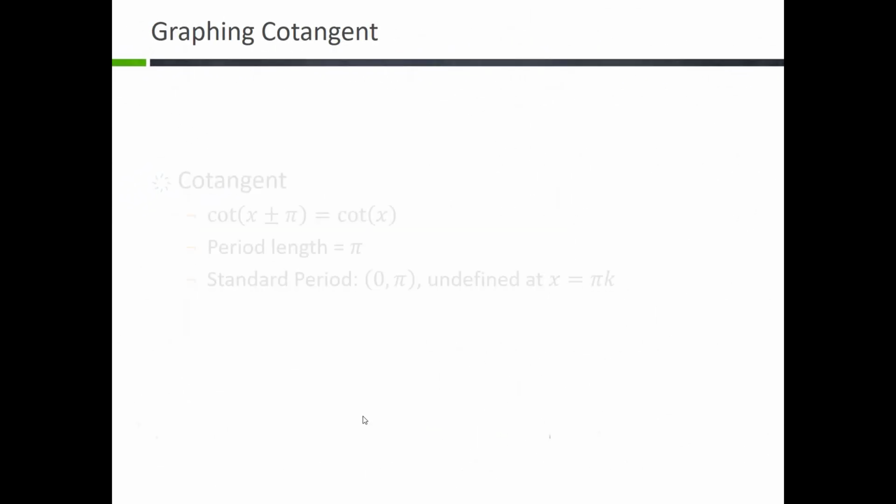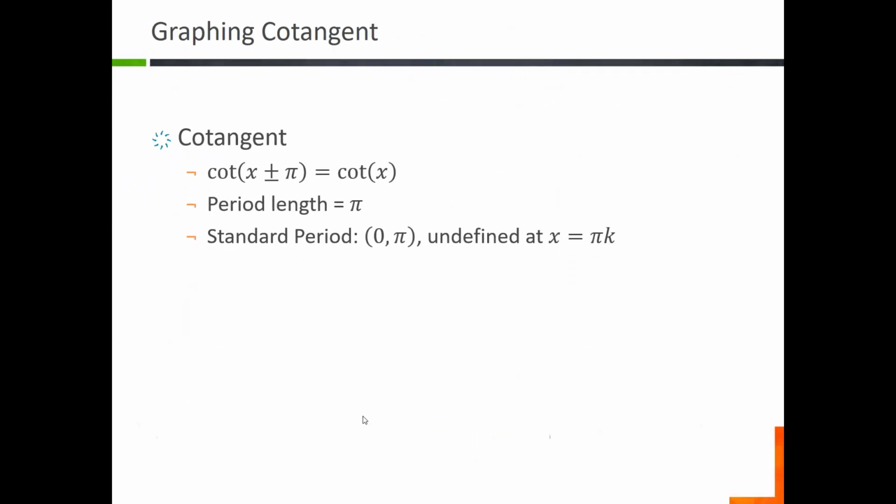And again, just to summarize cotangent, once you have the graph of cotangent, you can move left or right by a distance of pi, because its period is pi. We're going to say our standard period is from 0 to pi. Remember, sine and cosine, secant and cosecant go from 0 to 2 pi. Tangent goes from negative pi over 2 to positive pi over 2. So cotangent goes from 0 to pi. So it's a little different. And it will be undefined at all the multiples